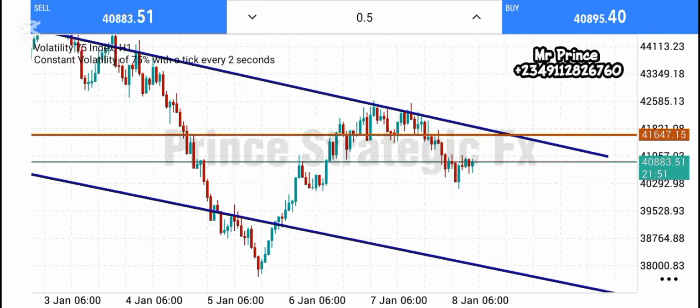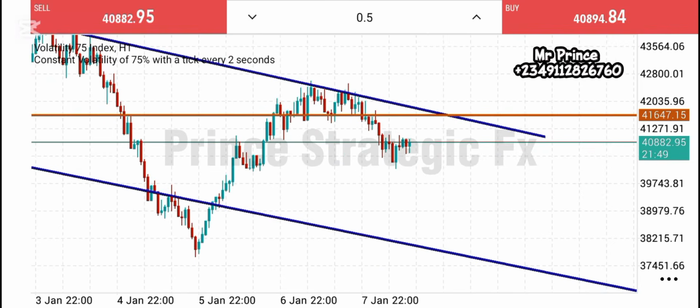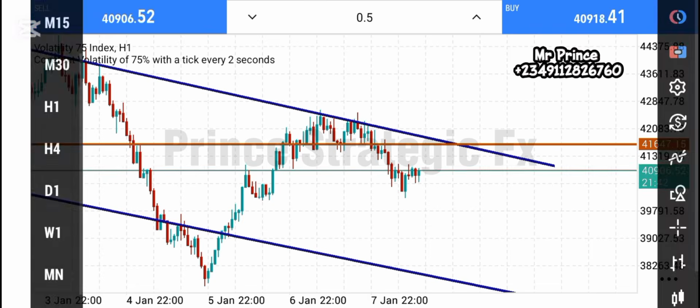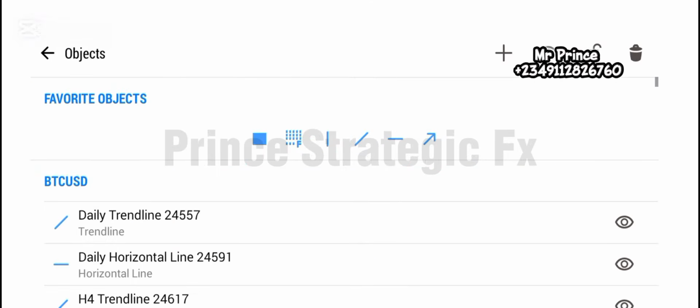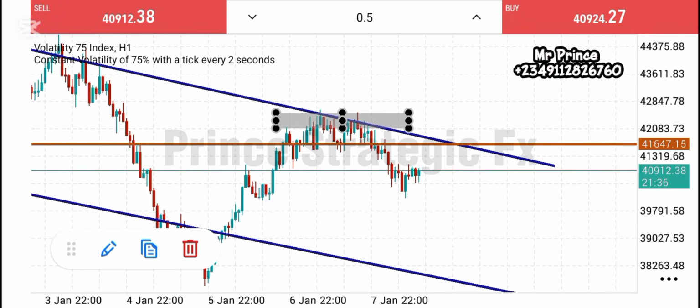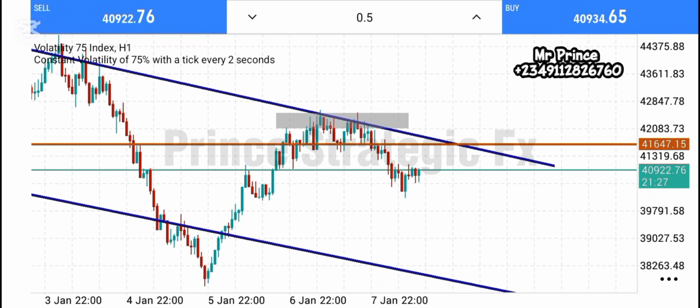So inside of the H1, what can we see? First of all, we can now see a trend line at the top here. We can see that price hits this point right here, and couldn't break that trend line. From there it gave us a double top, right? You can see that clearly. It gave us a double top right there, and since it couldn't break out from that trend line, which is our H4 trend line,